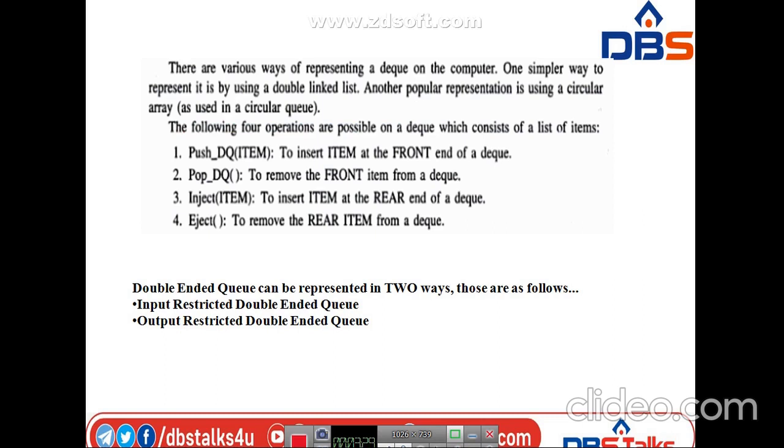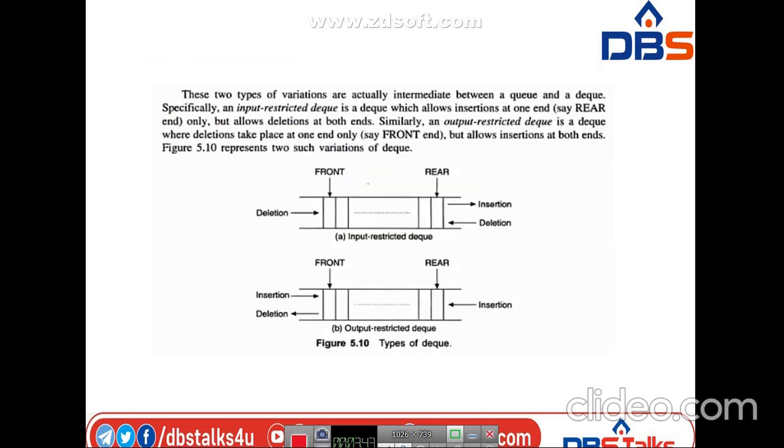Double-ended queues are basically of two types. The categories of double-ended queues are the input restricted double-ended queue and the output restricted double-ended queue. In the input restricted DQ, the insertion is at the rear end only, whereas deletion can be done at both the ends.